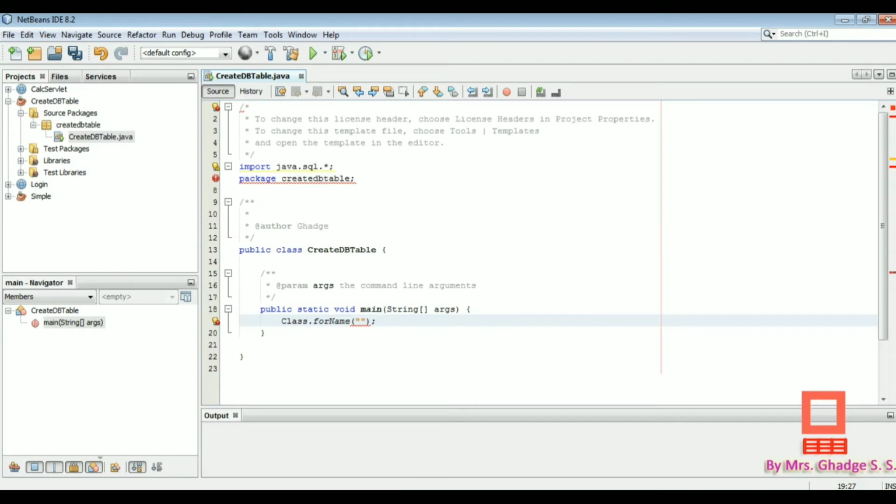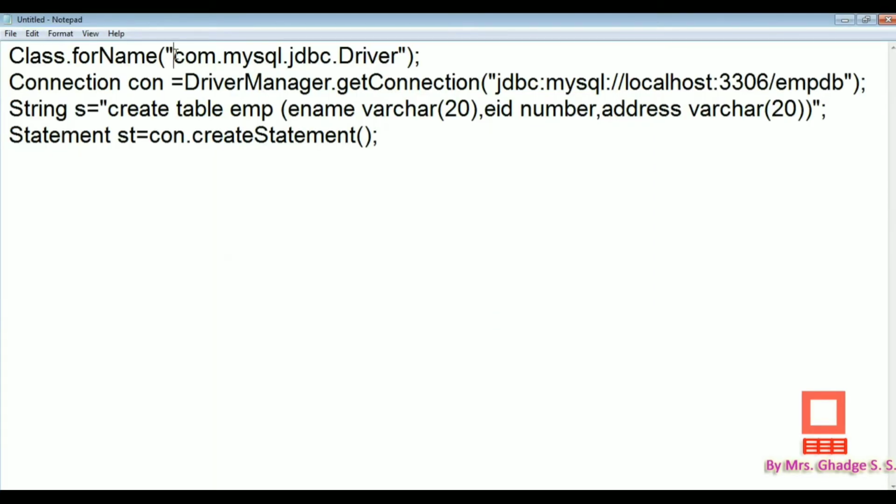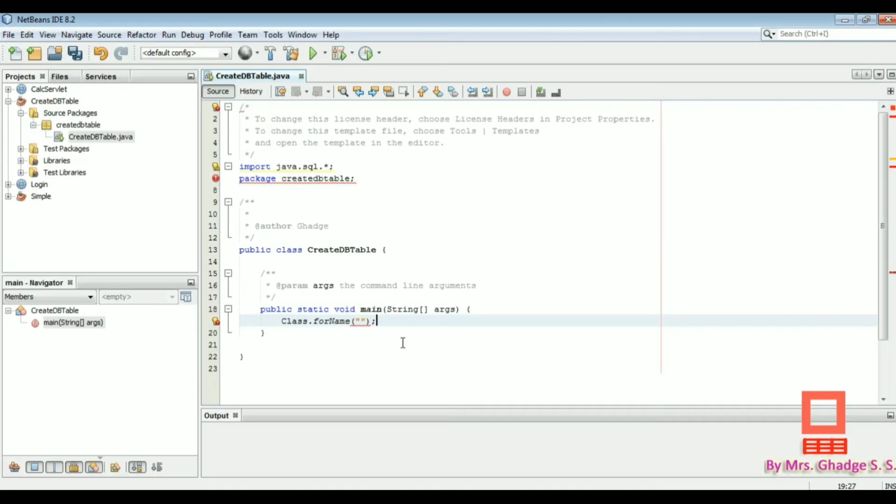So suppose our MySQL driver name is com.mysql.jdbc.Driver, so we have to write this driver name here. Class.forName will load and register a database driver, and here this database driver is for the MySQL database.